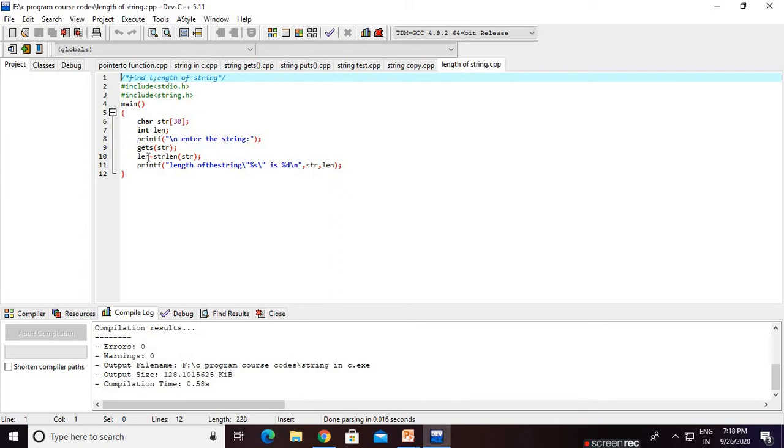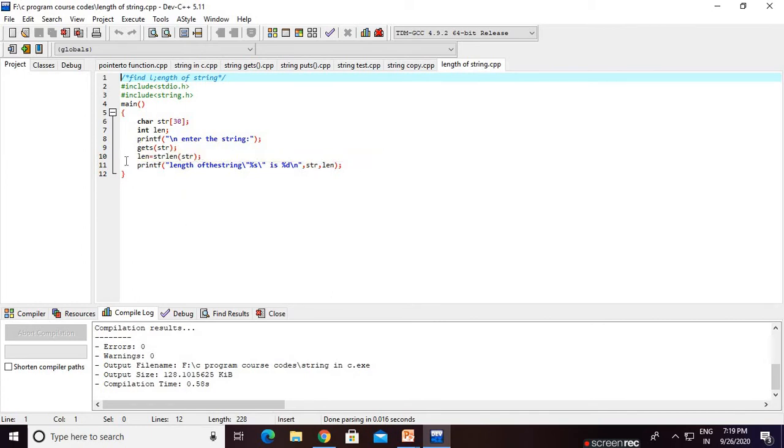For taking the input, just use gets and pass the whole array, that means str. Automatically this gets function inputs the values, first str[0], then str[1], str[2], like that, taking the whole string, the whole character array. You do not need to write the ampersand symbol here. So we are taking the input.